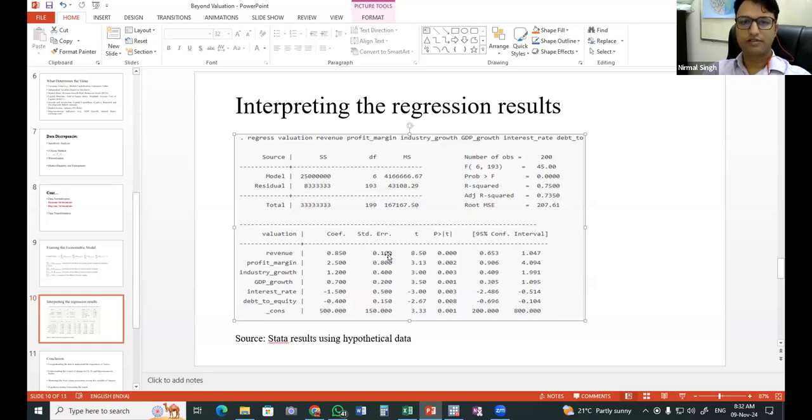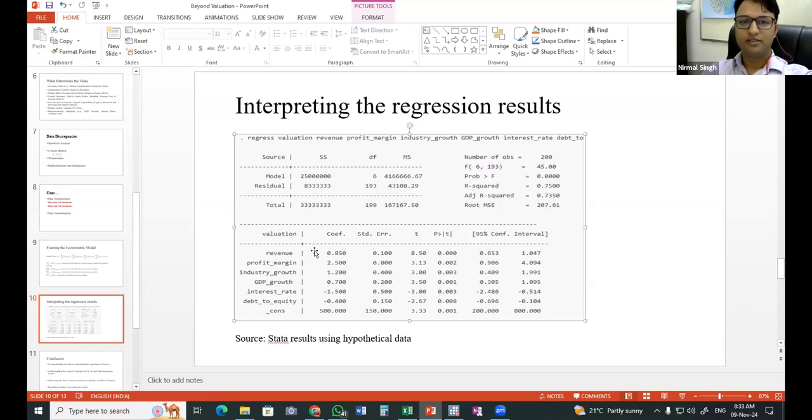How will we interpret this? If revenue changes by 1 rupee, the dependent variable, which is the valuation of the company, is going to change by 85 paise.